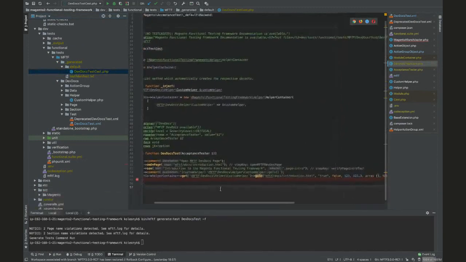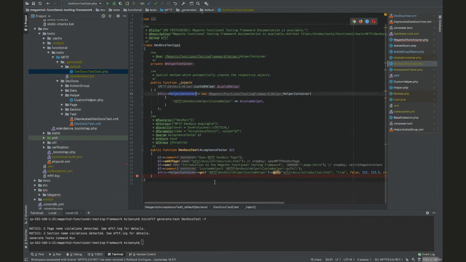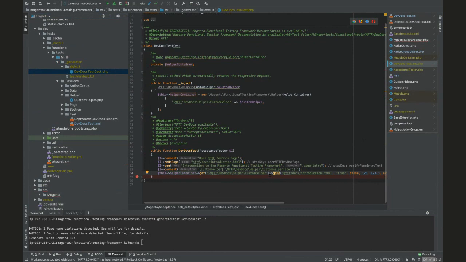So as you can see, we've got our helper container over here. We put there our custom helper object. At this point of time, an inject method, dependency injection, will instantiate this helper, and you will have an object here already created. So we will store it in our helper container. And then later, when we execute our test, we're gonna get this object and we're gonna call our